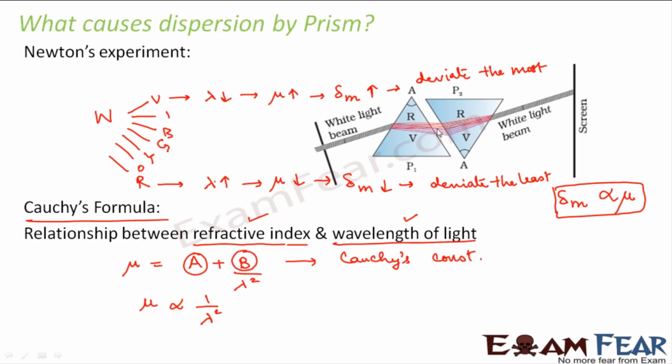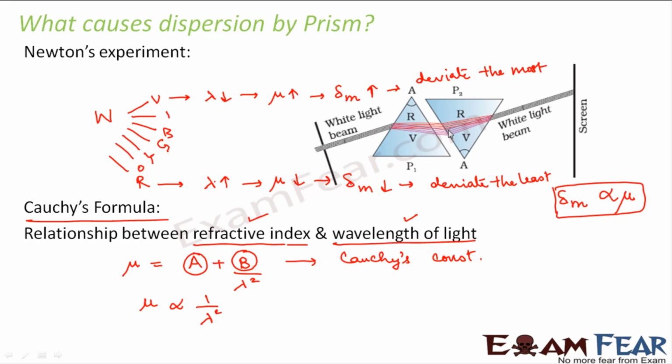Now because of this, what happened, as white light entered inside the prism, since each of the colors had different wavelengths, the angle of deviation for each of them was different. So they all deviated by different angles, and that made each of them visible. If all of them had the same wavelength, there would have been no segregation of colors. Since each color had a different wavelength, each of them deviated by different angles, and we were able to see each of the colors separately.